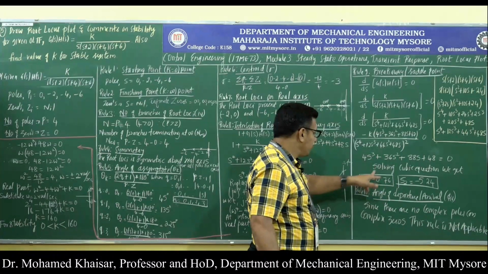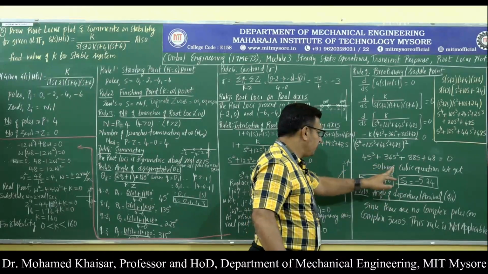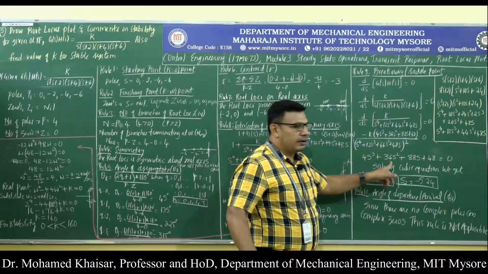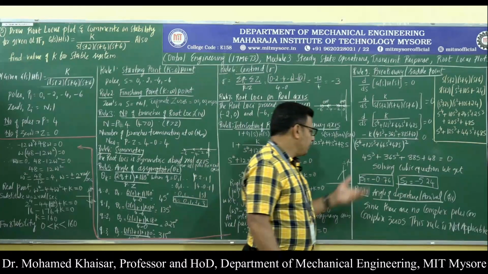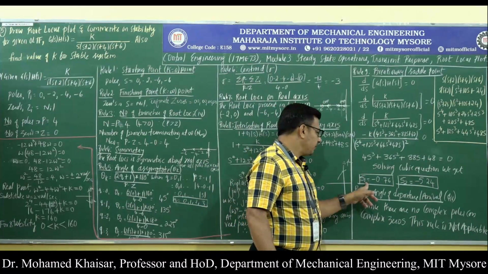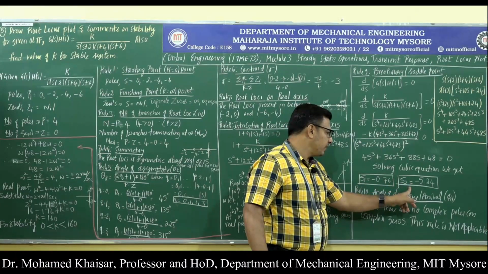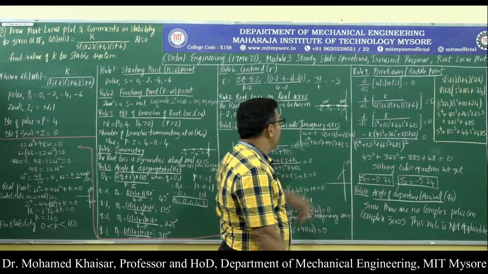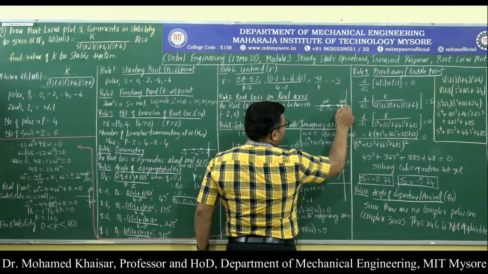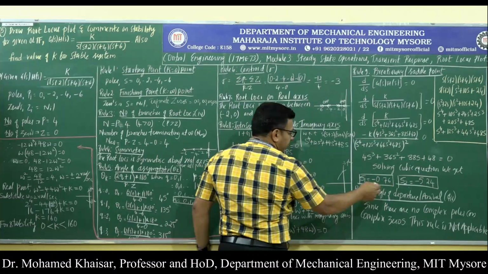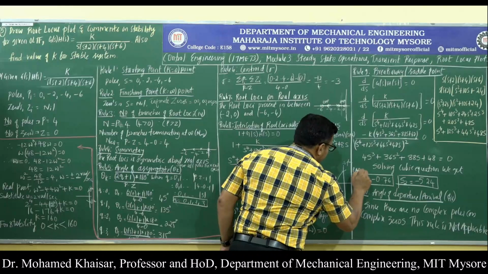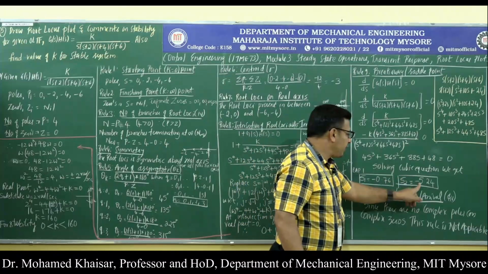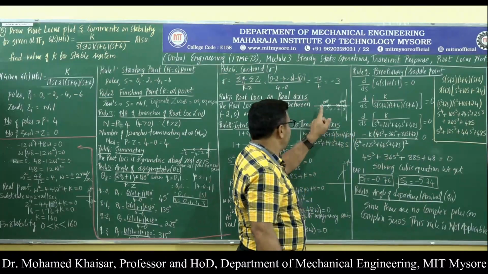we will get the values of s. Two values of s we are going to get, either by trial and error method or by calculation using a calculator. One is s1 equal to minus 0.76, the other is s2 equal to minus 5.24. Obviously, minus 0.76 lies between minus 2 and 0, so this will become BAP1. And one more value has to be between minus 6 and minus 4, so minus 5.24 lies between minus 6 and minus 4.